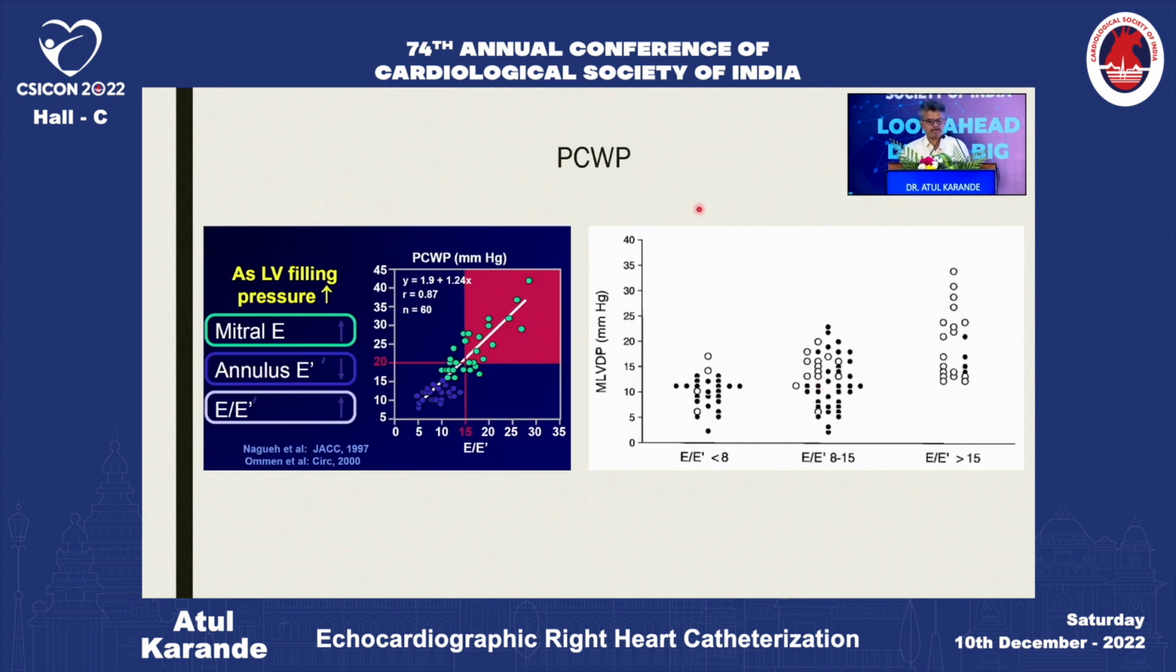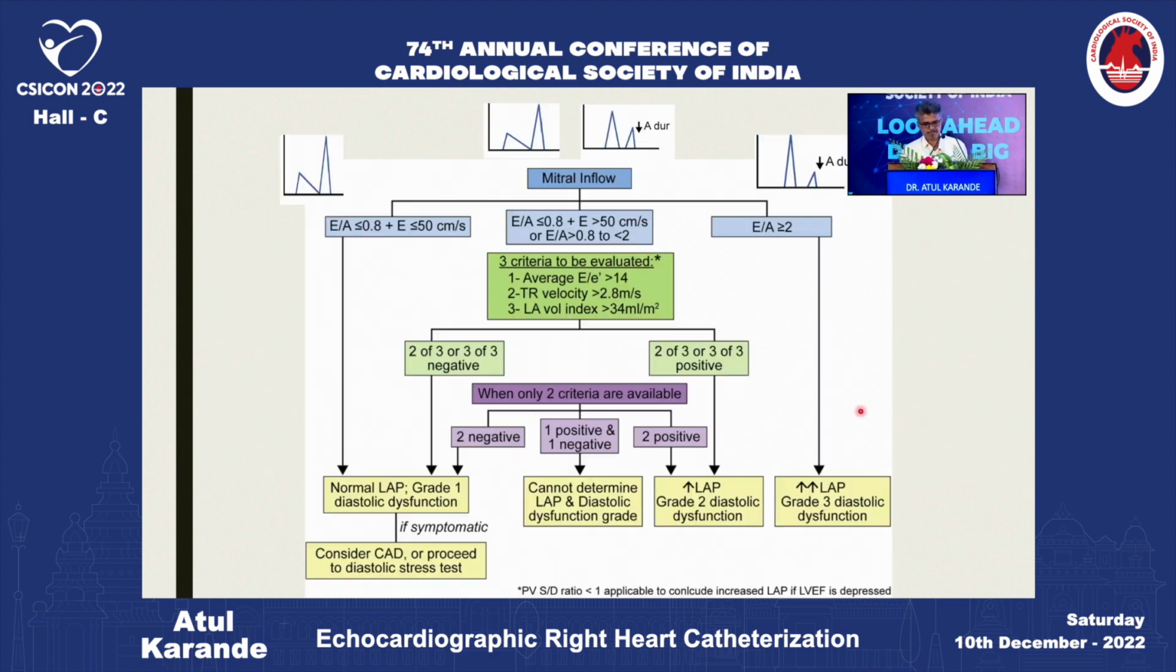Now the next important parameter is pulmonary capillary wedge pressure. The early work suggested that E prime could be used reliably to estimate the LV filling pressure, which is equal to pulmonary capillary wedge pressure, and also the LA pressure. But later studies have shown greater scatter, and that is why the recent recommendation of the American Society of Echocardiography